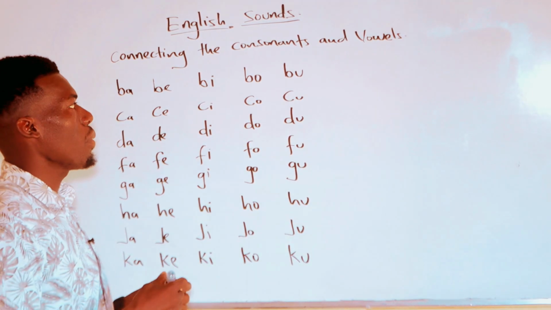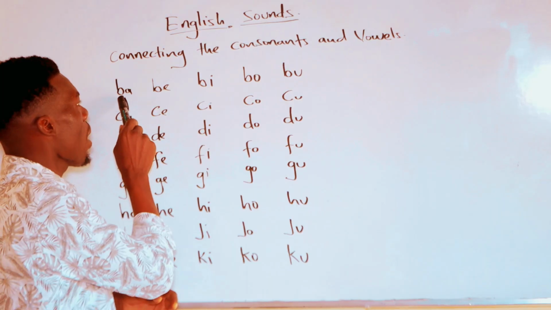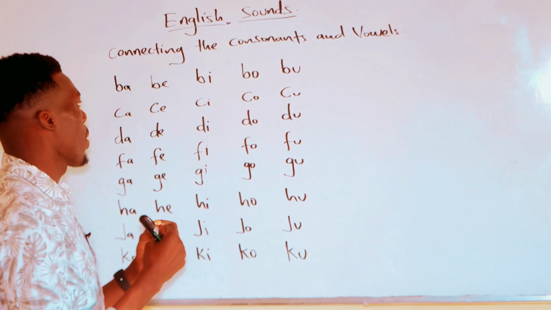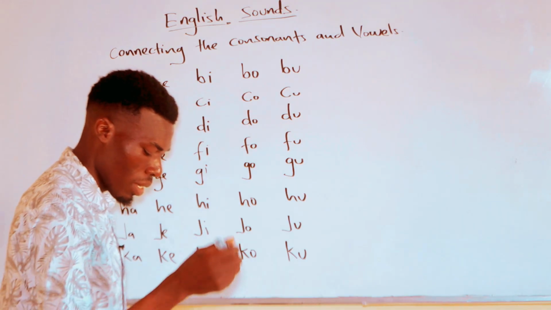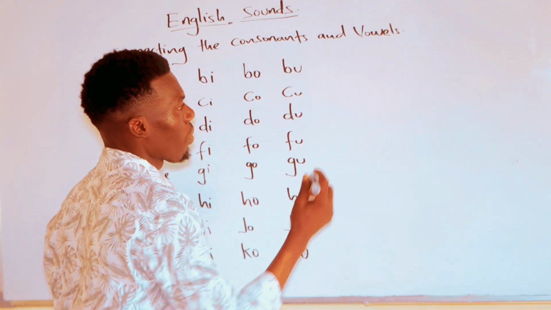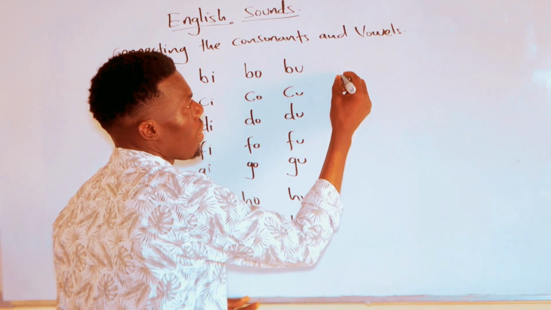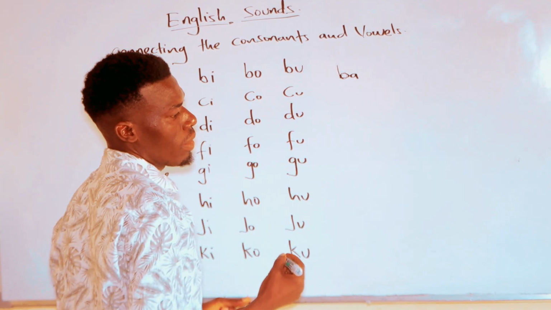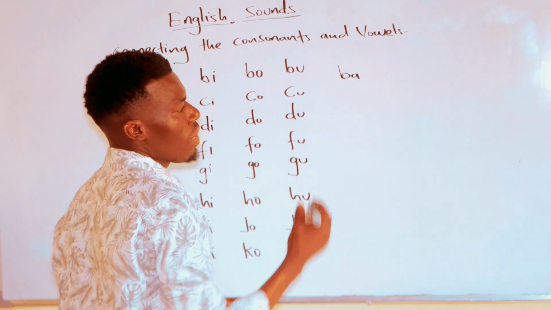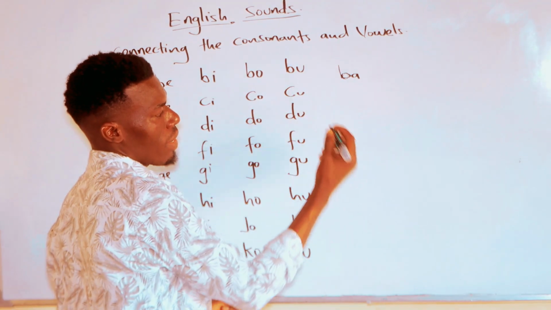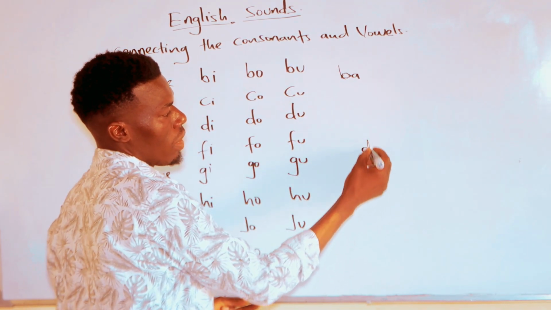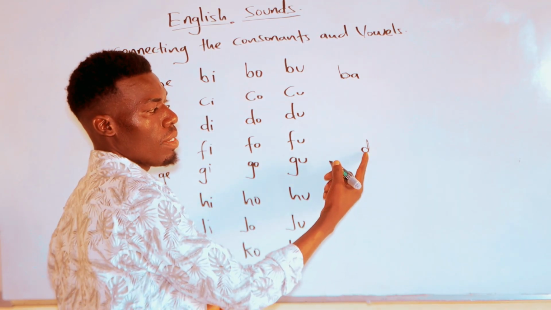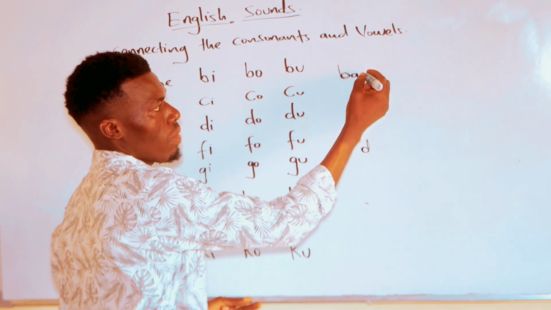Let us take an example. This is sound, this one, we read it as ba, ba. Let me write it here. This is ba, ba. So remember, we looked at the sounds. This is D. The sound is D. So when we connect the two sounds, we get